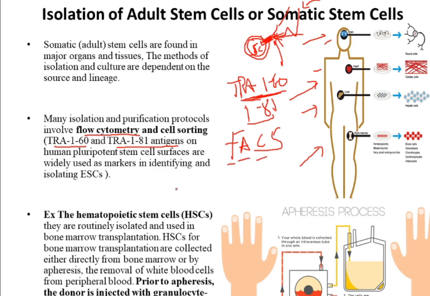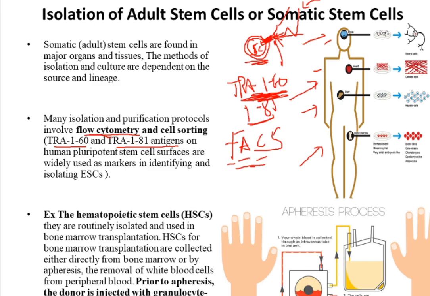Importantly, the basic thing is that you have billions of cells and thousands of diverse cell types. The billions of cells in the solution, with thousands of diverse cell types in the same solution, have to be isolated. So for the cells having TRA-1-60 or TRA-1-81 kind of antigen, you have to use this. This instrument will separate all the billions of cells and thousands of diverse cell types from the cells having these two antigens. So flow cytometry is used to isolate, or more appropriately separate, the cells.